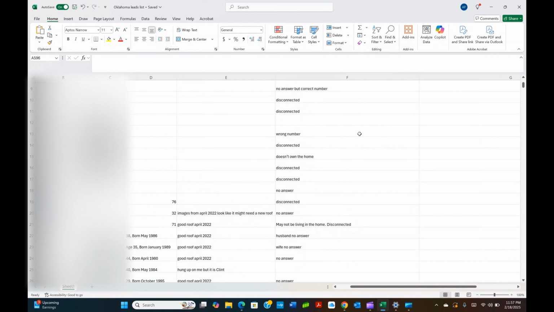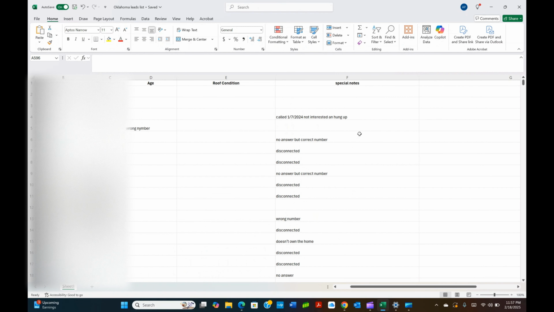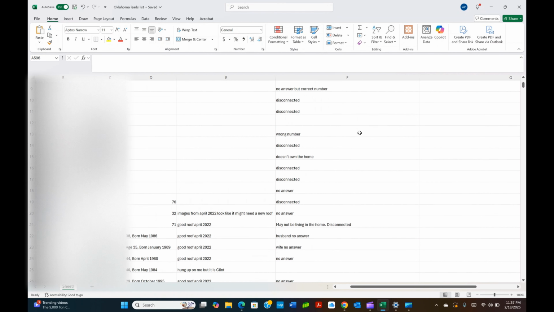Doesn't own the home. And then also, to disposition some of these leads after I call them, I come to the special notes section and write a little information on how the conversation went, because I think we are in an age of information. Data collection is everything, guys. I save as much data as possible. I even utilize my iPhone app,